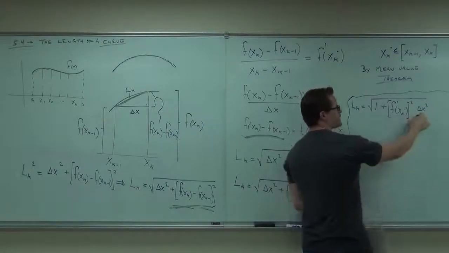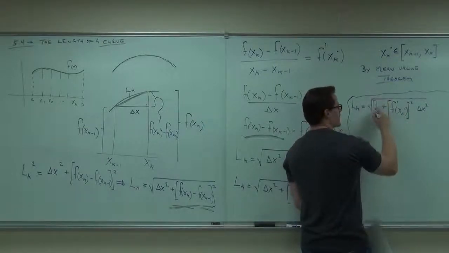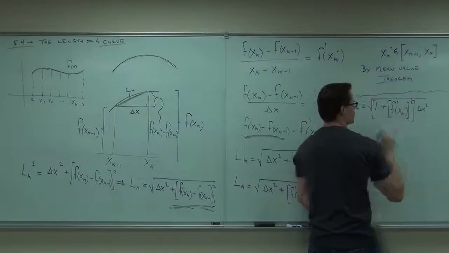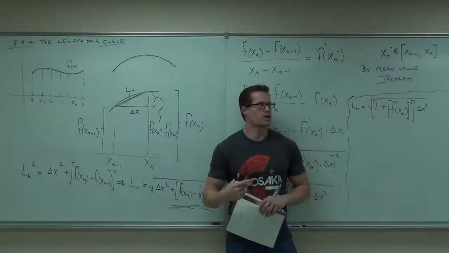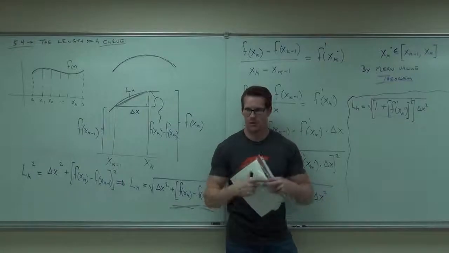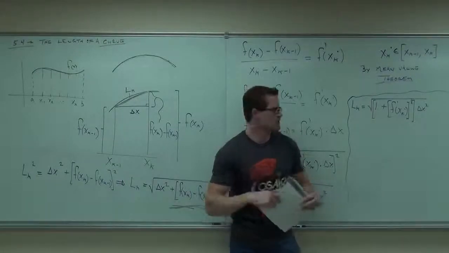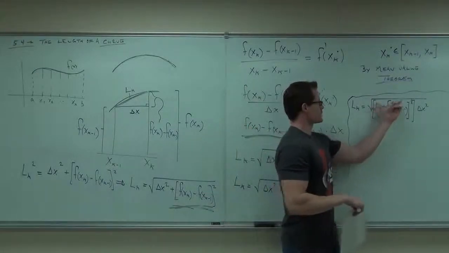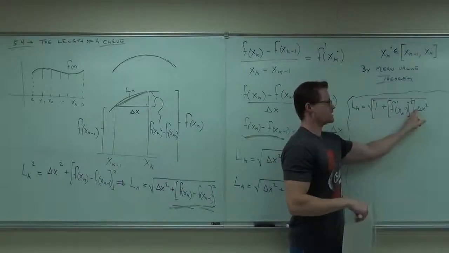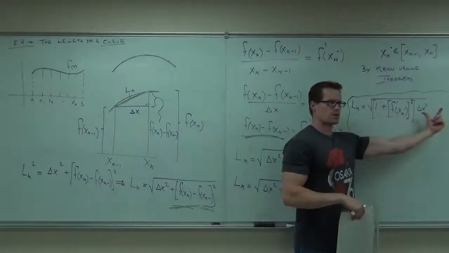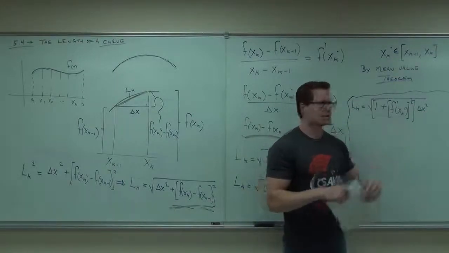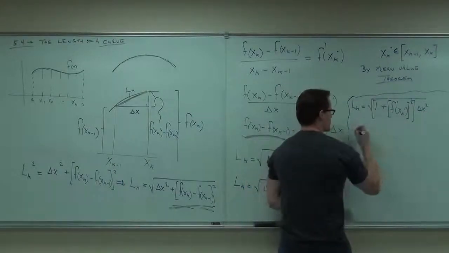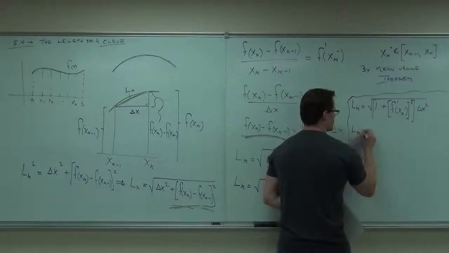If you factor out the delta x squared, you need a bracket around this whole thing, just like that. You okay with that? Now, roots are kind of awesome because you can split them apart by multiplication. So do you see that I can have a square root of this first thing times a square root of this second thing? But a square root of delta x squared will give you just delta x. So next step is going to be L sub k